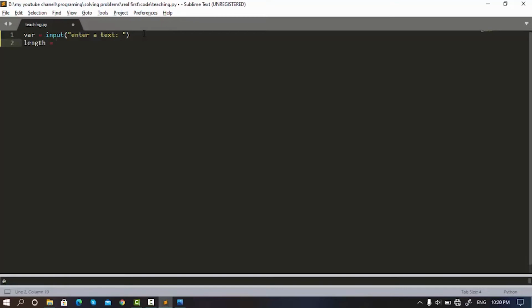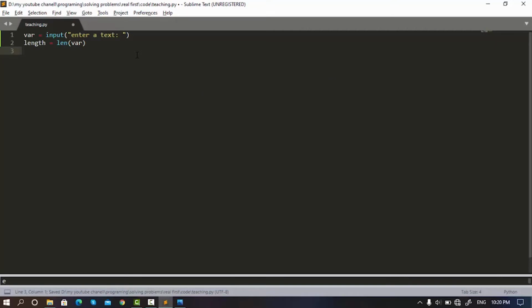And this is essentially going to be equal to the length of our variable. So I'm going to use the function len, which is short for length, and say var. And this will essentially say how many letters the sentence that our user has entered has. So that's that. Now I'm going to go to the for loop, for x in range